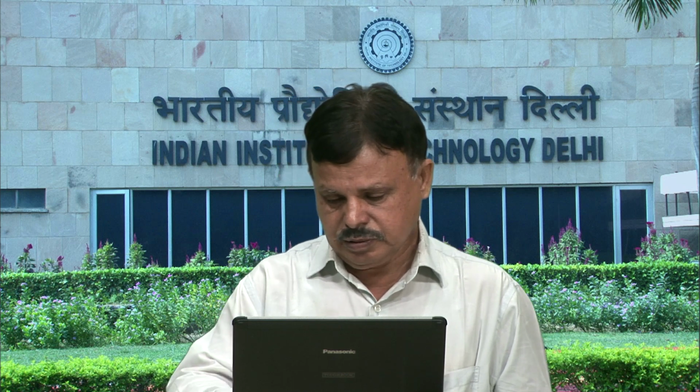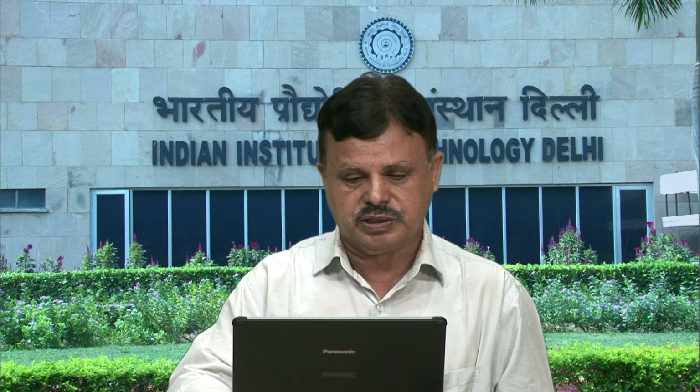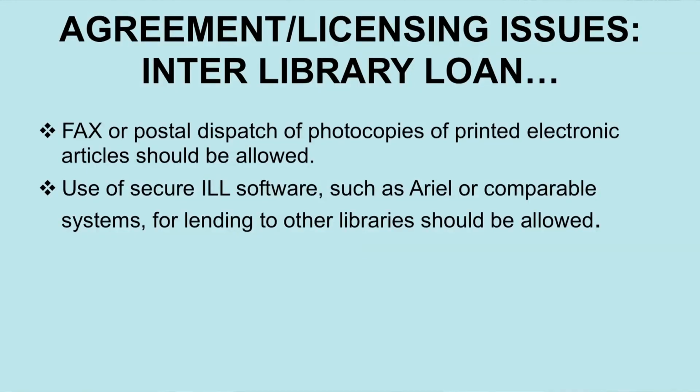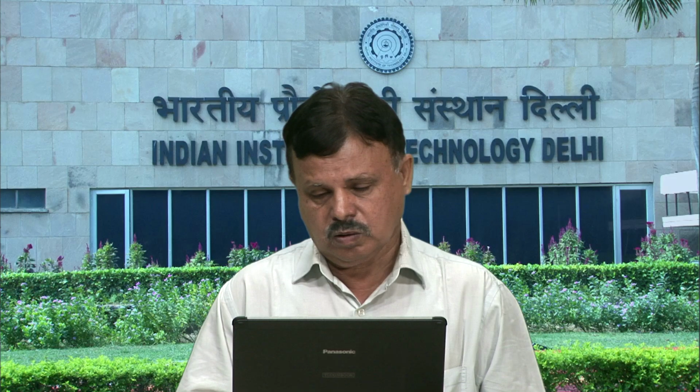So, whether this kind of permissions are there or not has to be again a part of the licensing agreement and has to be carefully done. Then there is the issue of interlibrary loans also, because libraries use this loan facility to a great extent. They exchange information between other libraries, borrow from other libraries, and sometimes provide their own resources on loan. We have to understand whether our licensing agreements, our licensing provisions, permit interlibrary loan facilities to us or not,